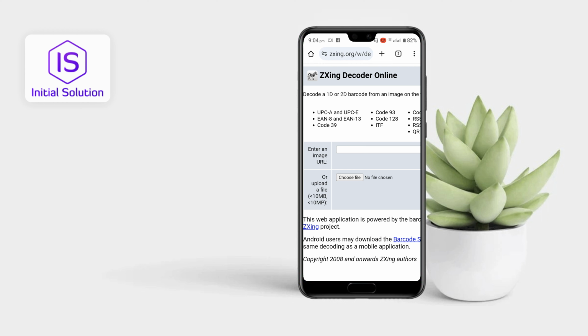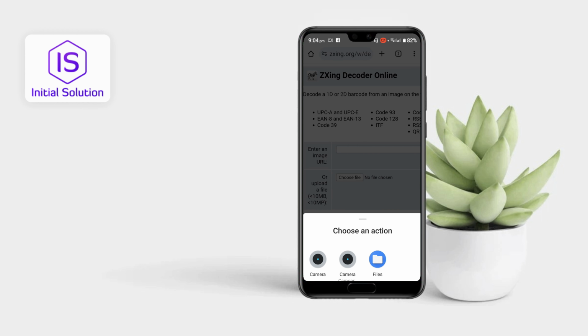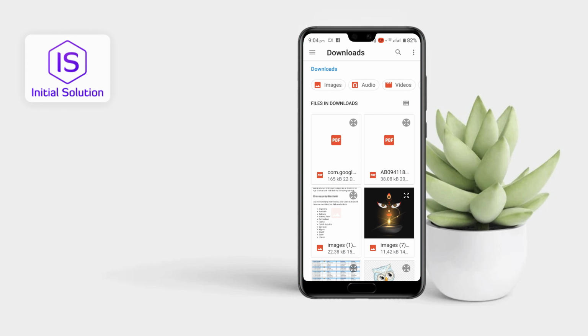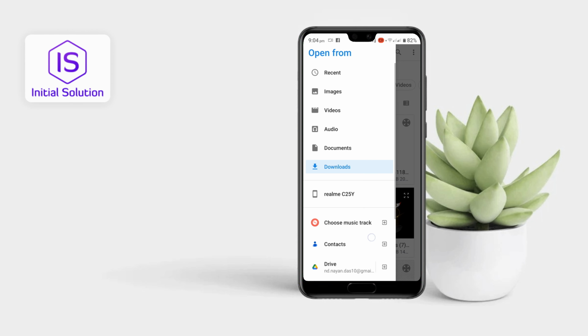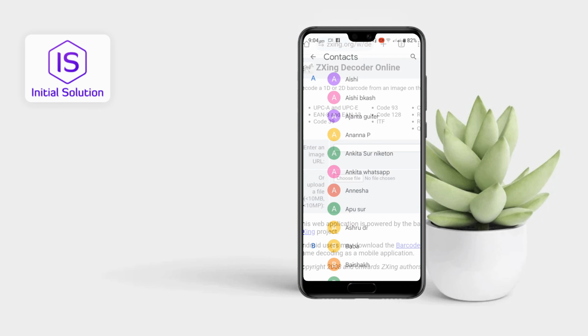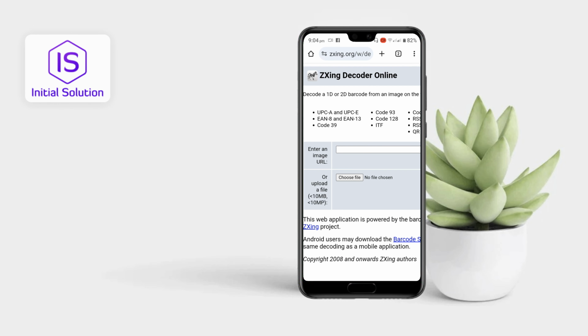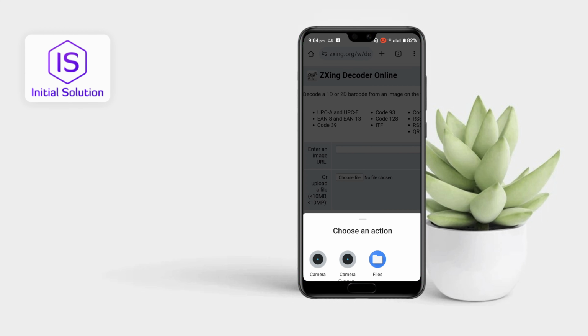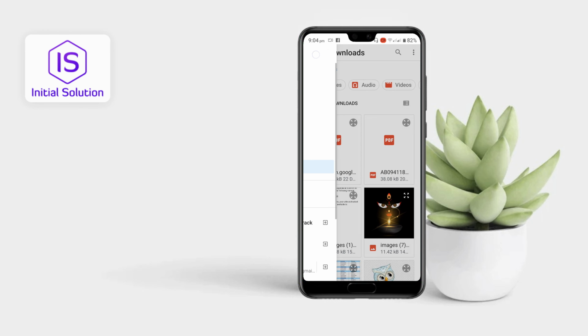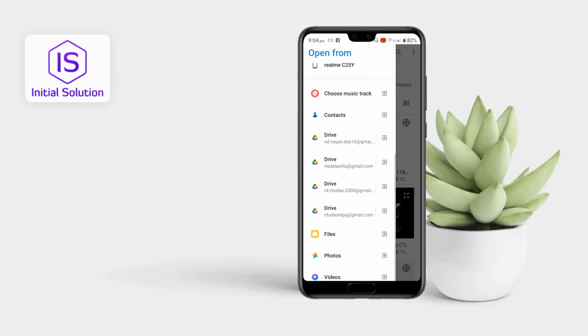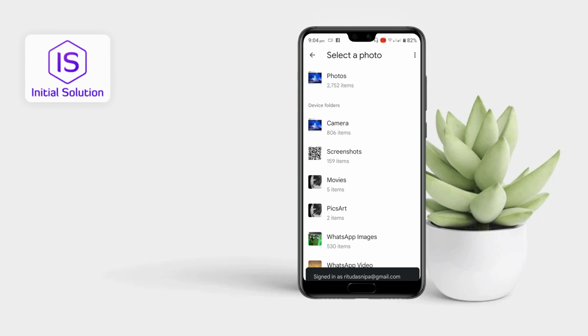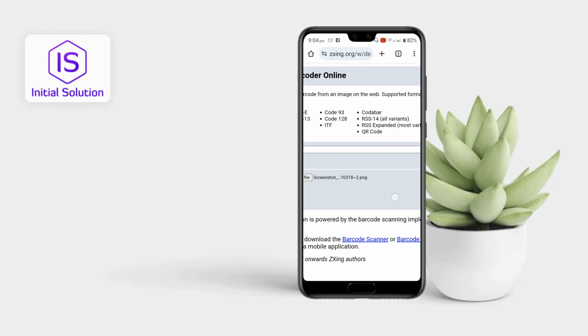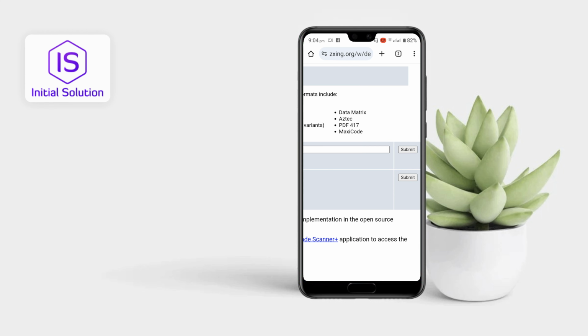Now tap on choose file and choose that QR code from your files. Then if I go to my photos, screenshots, and then tap on submit,